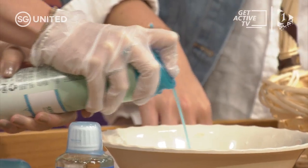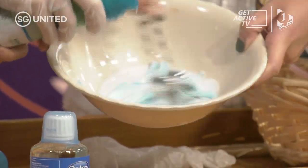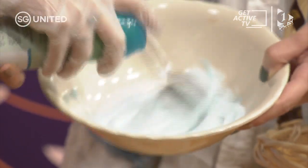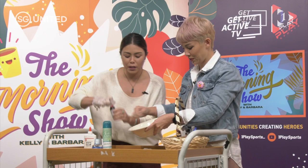Do I need to stir this? Yeah, I've got a spoon there. I'm going to start stirring this up so that you guys can kind of see. There we go. It's becoming foam. Okay, used all of it on my legs. Sorry. All right, I'm going to put a dollop of